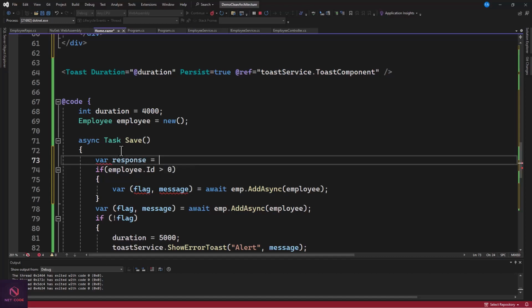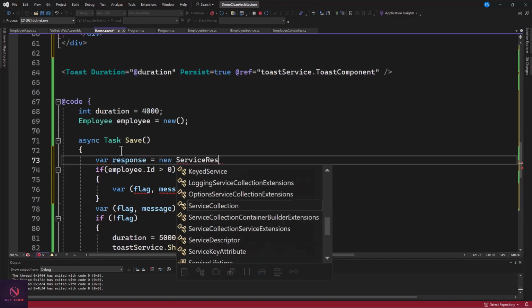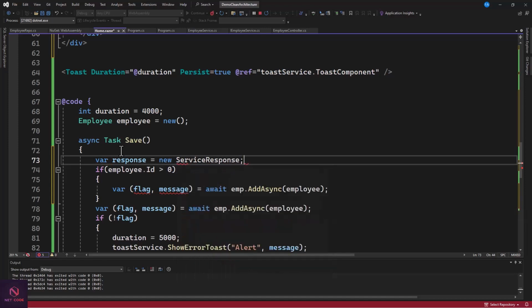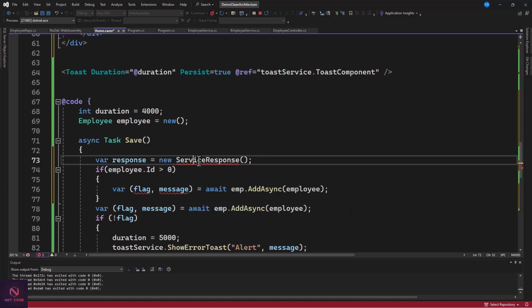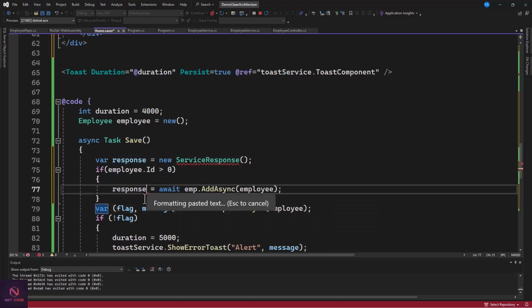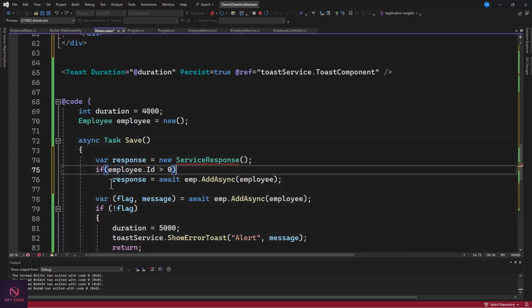new ServiceResponse. ServiceResponse is defined in the application layer, and yes, it has to be found here. So with this, we're going to say response is equal to emp.AddAsync. That is, if the id is greater than 0, then we're going to add this. Come back. Yes. Else,